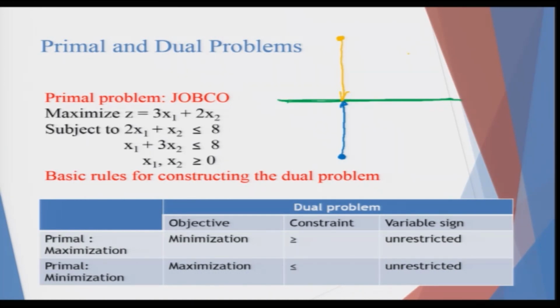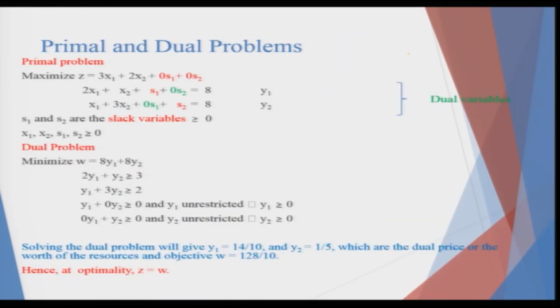In the primal problem, when it is the minimization problem, the counterpart in the dual problem would be maximization. For the dual problem, the less than sign gets replaced by the greater than sign, and the greater than sign gets replaced by the less than sign, and again the variable sign would now be unconstrained or unrestricted, depending on how you have formulated the problem. So, let us consider the problems accordingly. Consider that the primal problem is given.